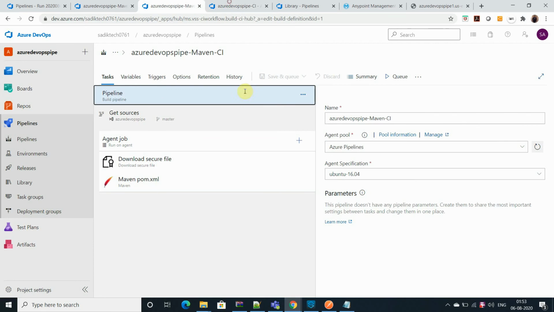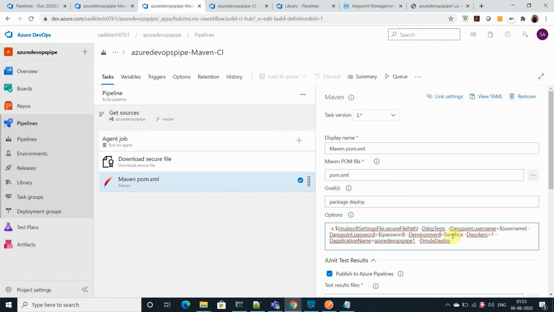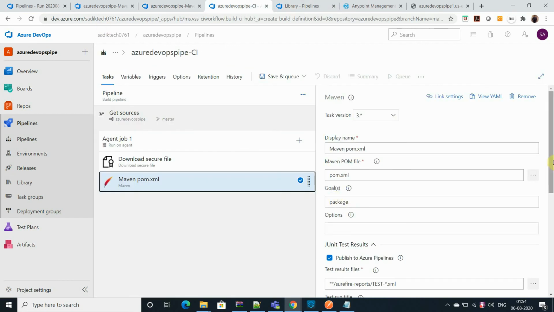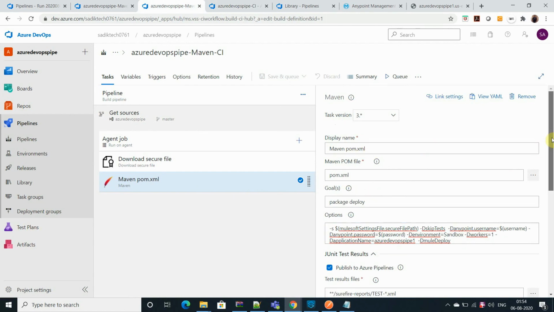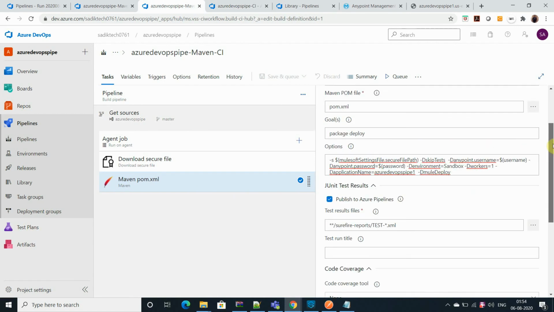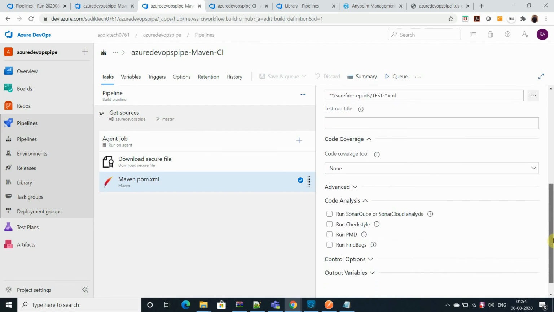You can see in my configuration I am using Maven, and apart from that the Maven dependency command and plugin command to deploy this on CloudHub. Definitely it's not a complete command, but it's enough to explain how to configure the pipeline in Azure. After that you configure all these parameters: provide the POM, and you can see the package and deploy goals. Nothing else you have to do. That's it.